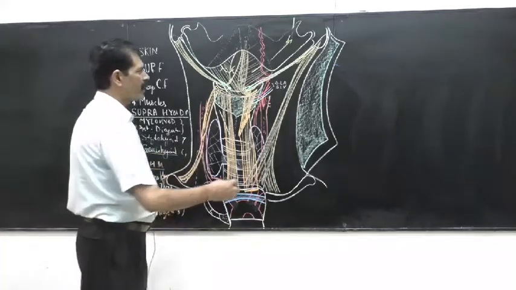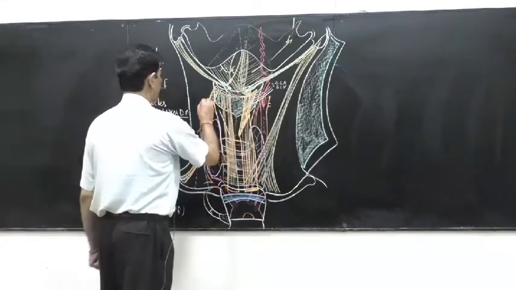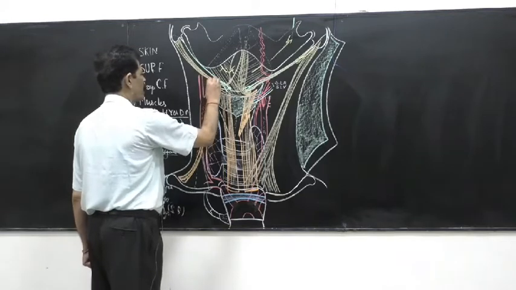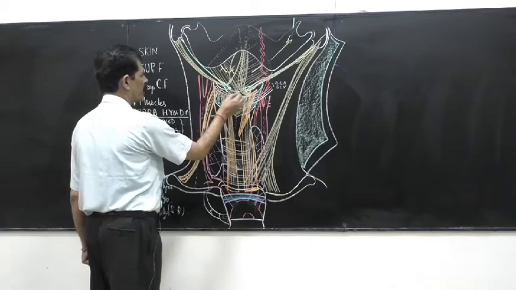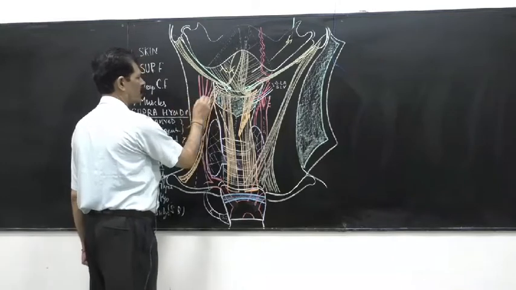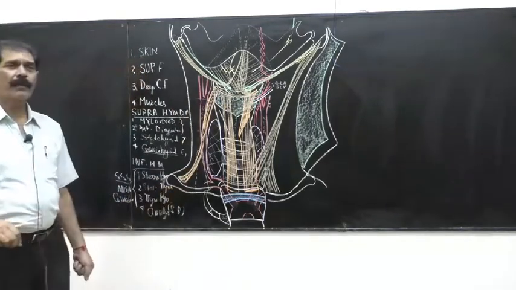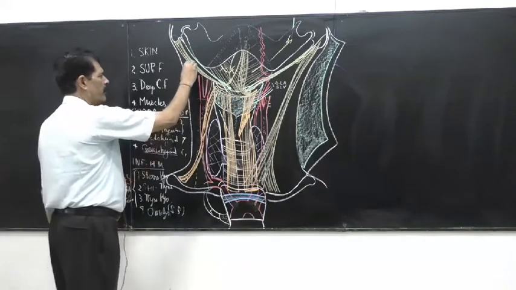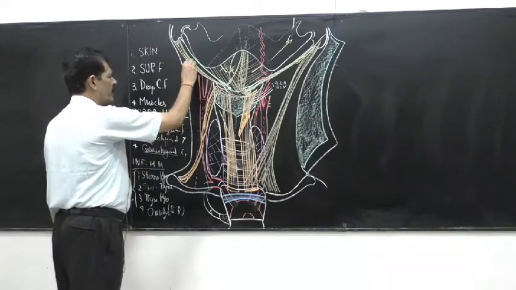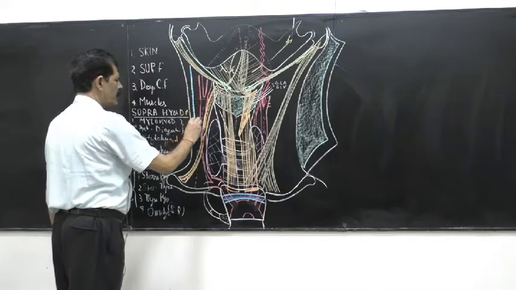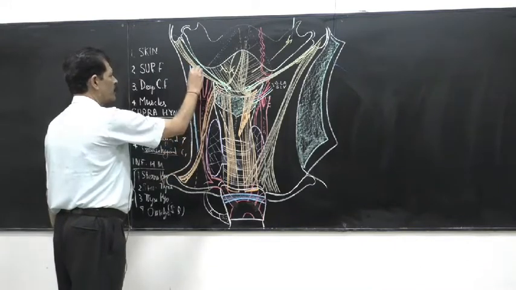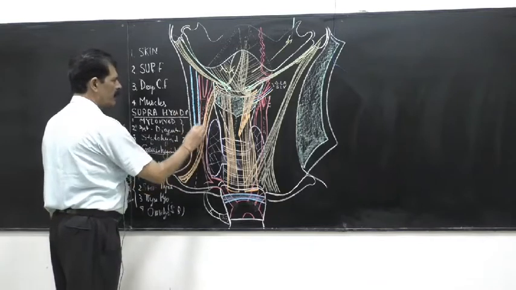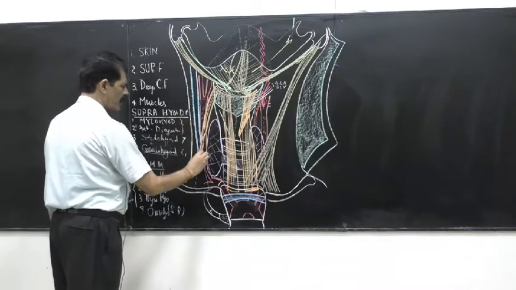So the internal carotid artery goes straight up, while the external carotid artery is medial, and the bifurcation level is at the upper border of the thyroid cartilage. That you have to remember. Lateral to the artery, coming from the anterior part of the jugular foramen, is the internal jugular vein. So the vein is lateral to the internal carotid artery and common carotid artery.